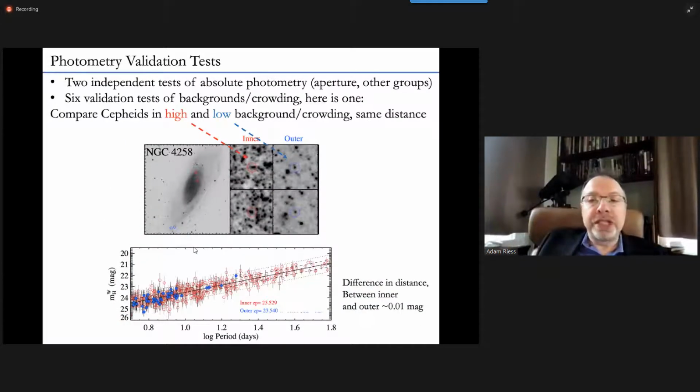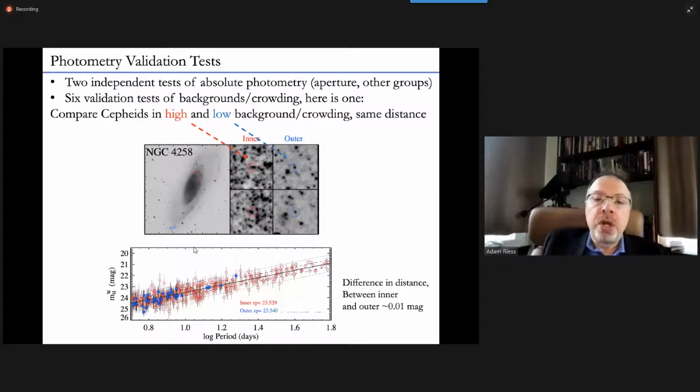Okay, photometry is a very important issue, measuring it well. And so in the paper, we provide 2 independent tests of absolute photometry, of the PSF photometry, one using apertures, which is relatively straightforward. The other is just comparing to what other groups get. And then we present 6 validation tests of the backgrounds or crowding of Cepheids. I won't take the time to go into all of those, but I wanted to just show one of them